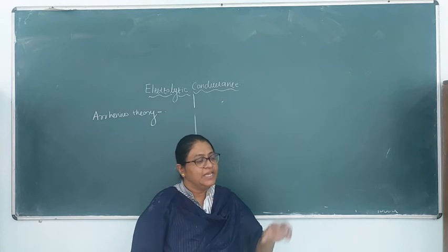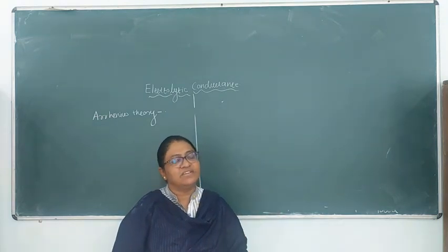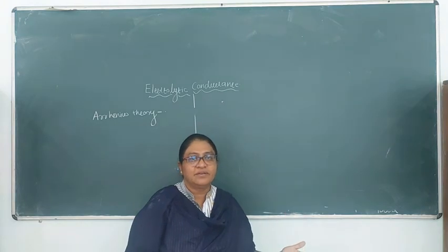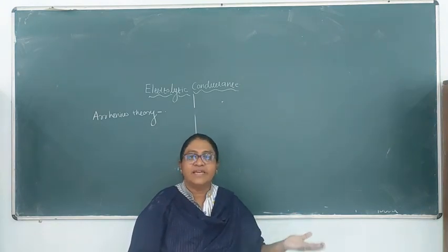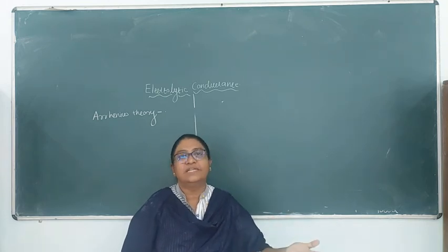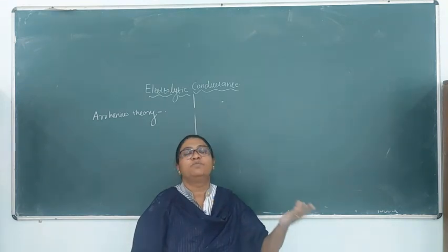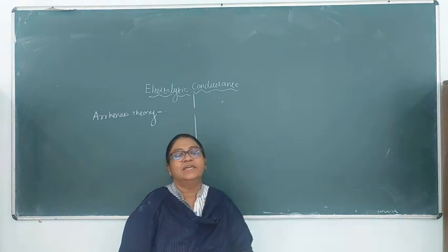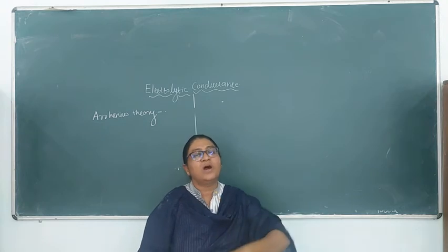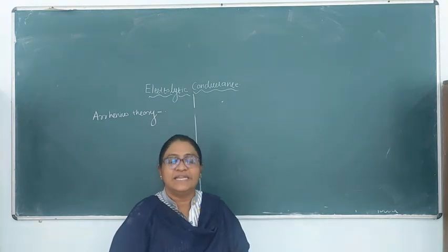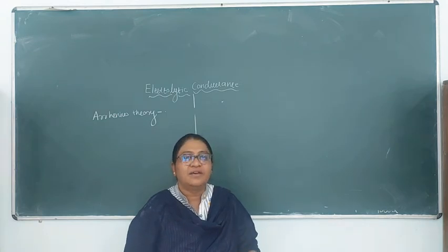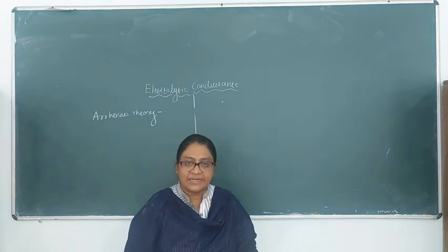That means that in a solution, when the positive and the negative ions are formed, the positive ion migrates independently, or its migration does not depend on which ion it is coordinated or bound with. Its conductance, or its migration, is not dependent on that ion. These two are the main assumptions of the Arrhenius theory, but these two assumptions are correct in case